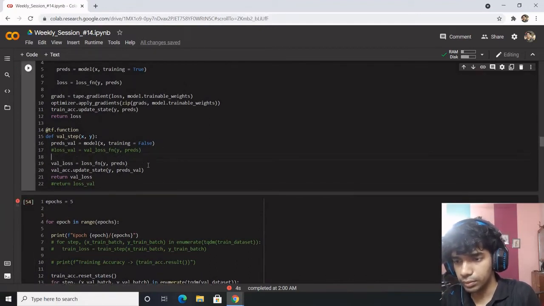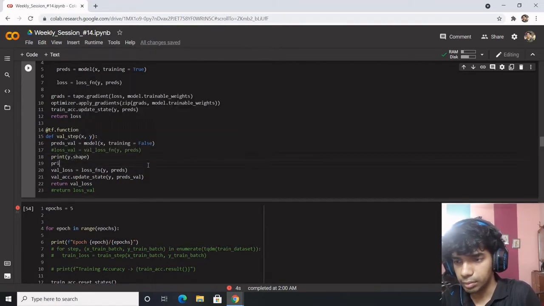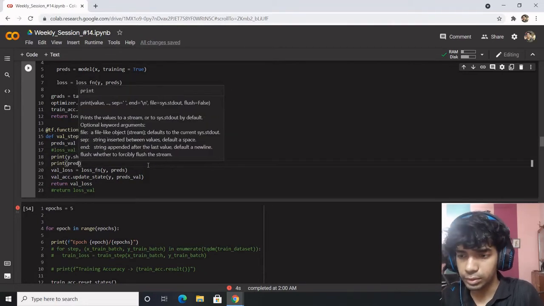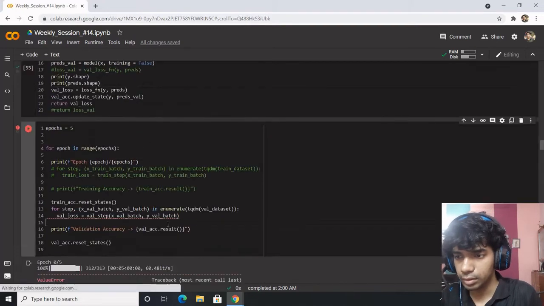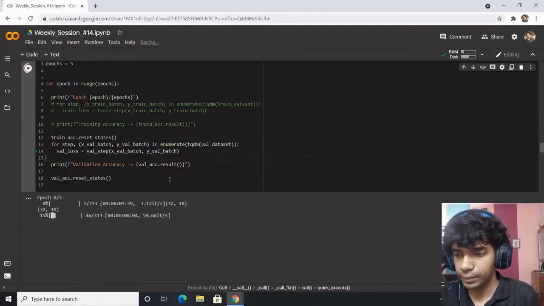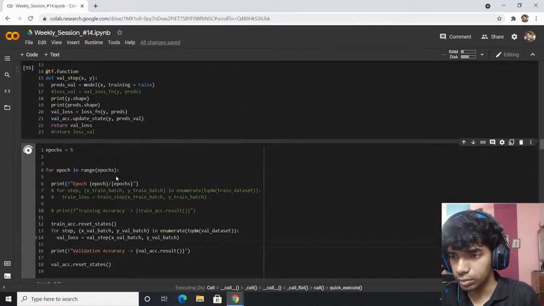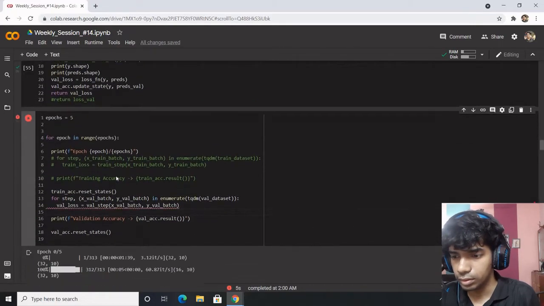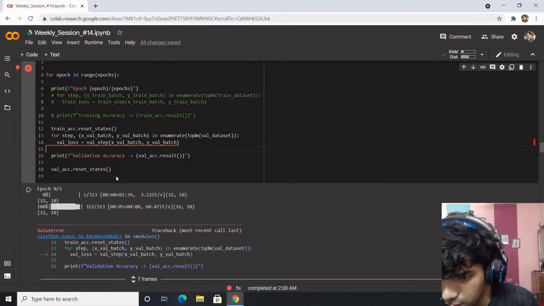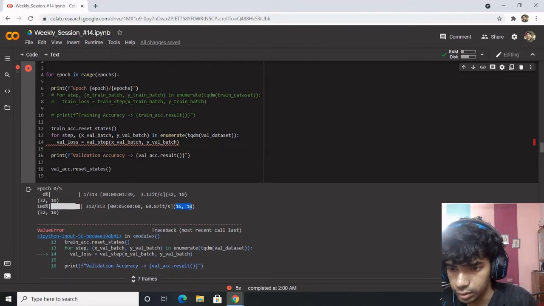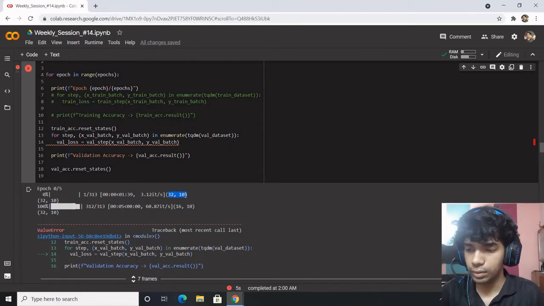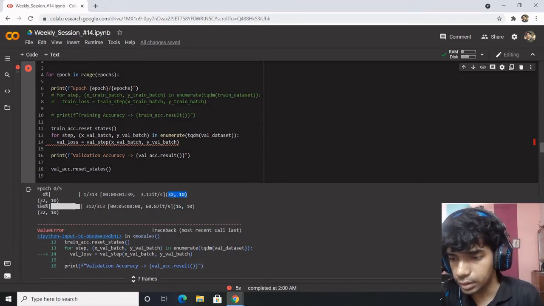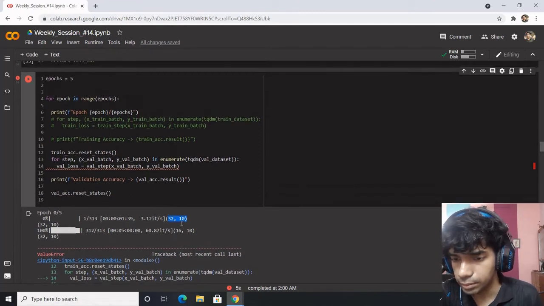So I think what we can do is print y dot shape, print breadth dot shape. Next time it goes for 16 comma 10. In the beginning of the loop it is 32 32, then it becomes 16 comma 10.